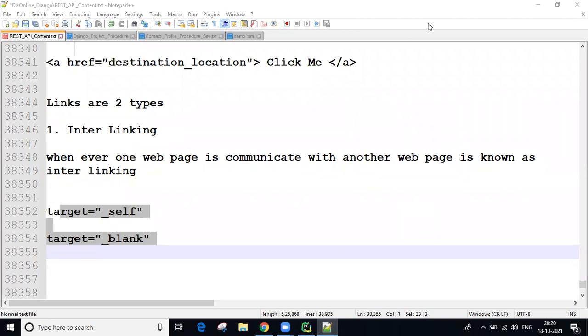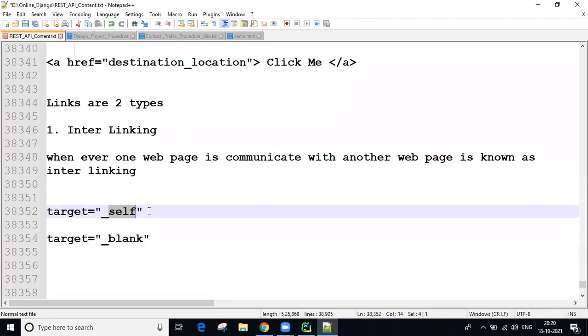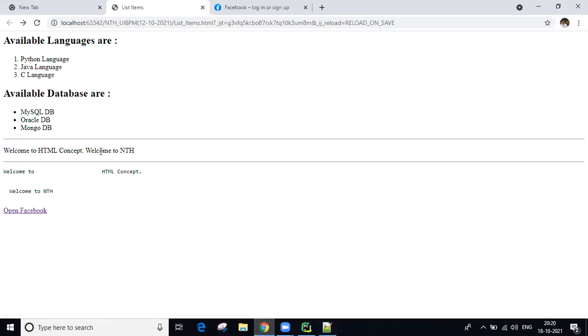Guys, put concentration. Underscore self, what is the use, some people are still asking. So I'm showing the output here, observe. Right now I used blank. If I use blank, right now only one tab is here.